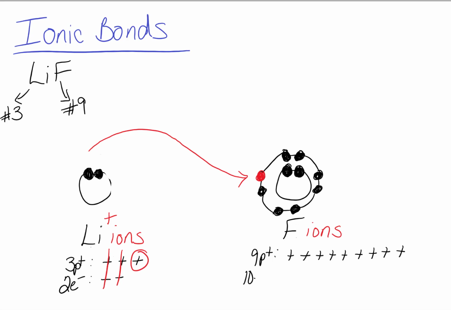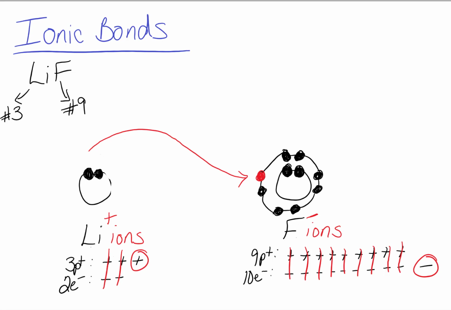And we now have 10 electrons in the fluoride ion. And I can represent those by a negative symbol: 1, 2, 3, 4, 5, 6, 7, 8, 9, 10. If I cross off those canceled charges, what we're left with is a single negative charge, which means that we have 1 more electron than we do protons, and that fluoride ion takes on a negative charge,